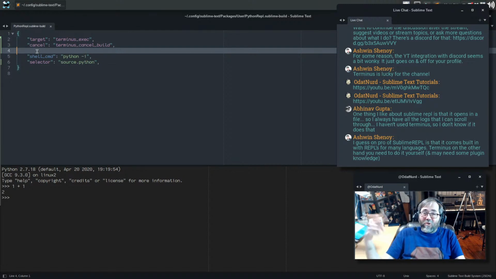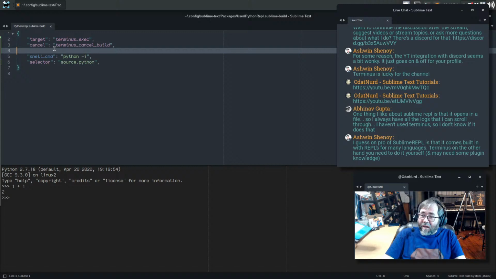The way that you do this in Sublime REPL, on the other hand, is a lot more complicated, because there's a line in here that references the main menu file that contains the entry that has the command that knows how to run this. It's kind of, to my mind, backwards. There should be a build system that knows how to run interactive Python and a menu item that knows how to run that build. But instead, the menu item runs the build, and then there's a build system that runs it based on the menu. It's sort of a weird thing.